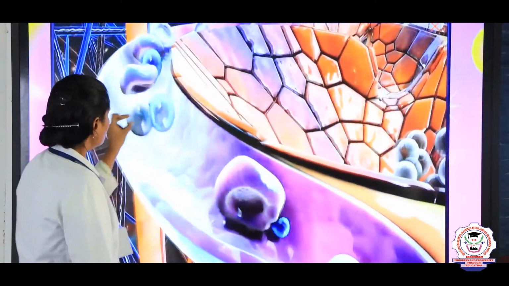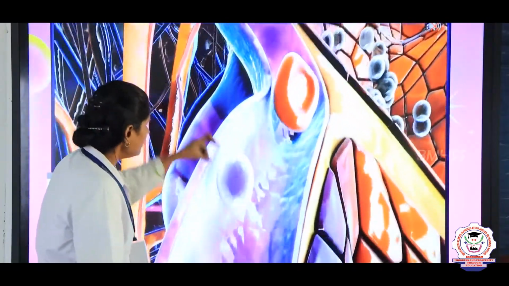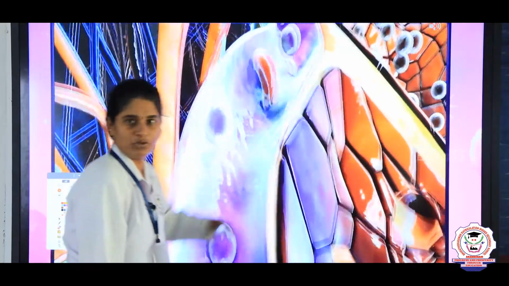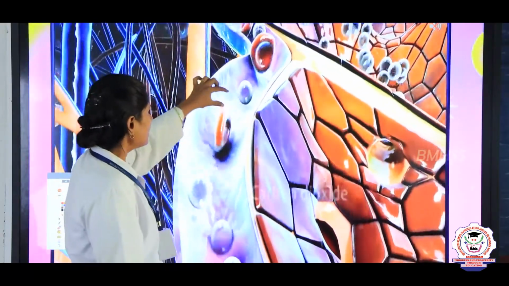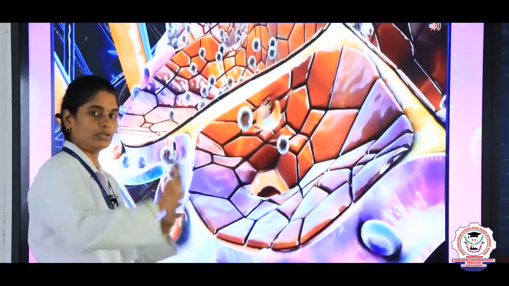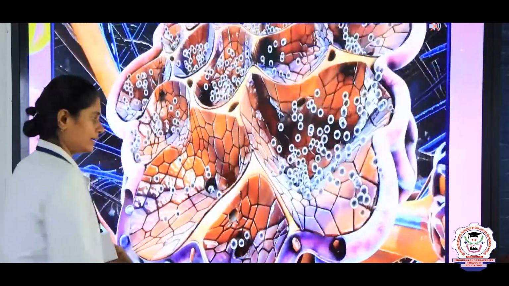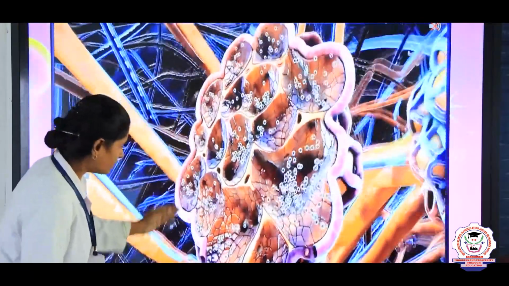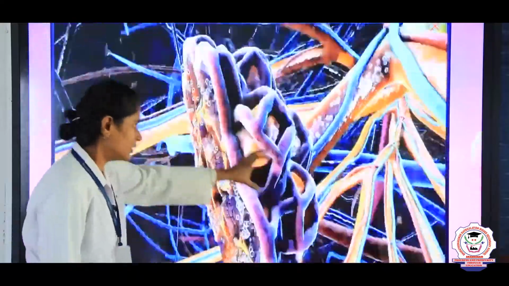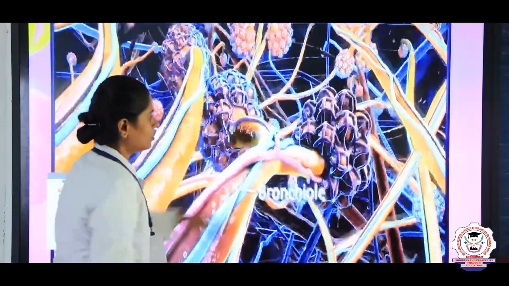Okay, and the carbon dioxide which is present in the deoxygenated blood will be diffused into the alveoli. Here, because of the absence of oxygen, it will be bluish in color. Once the oxygen is diffused into the blood capillaries, it will become red in color. Then the carbon dioxide from the blood capillaries is diffused into the alveoli, and from the alveolus the carbon